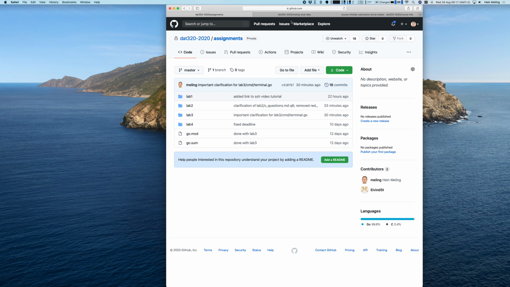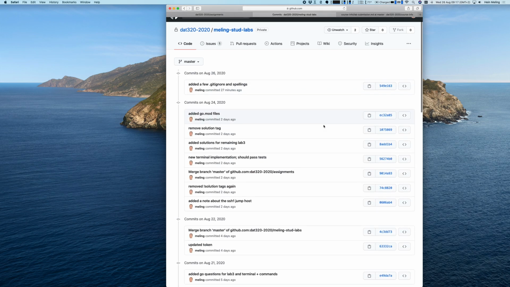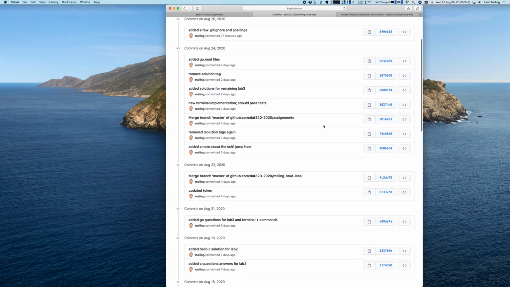The other place you might want to go is to your own private labs repository. I have this one, and here I have all my changes. I've added solution code to test that things work with our solutions. And if we go to these commits, you see I have many more commits than what is in the original